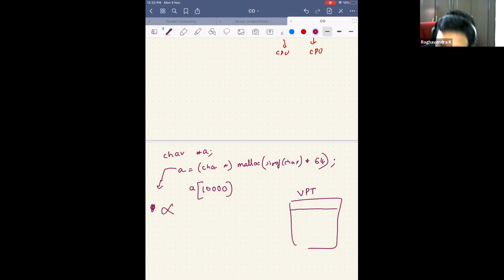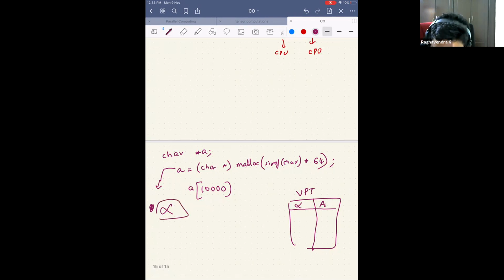Let's call that virtual page alpha. There is a translation available from alpha to a physical address, say capital A. And what is the size of alpha? It is the size of a page.